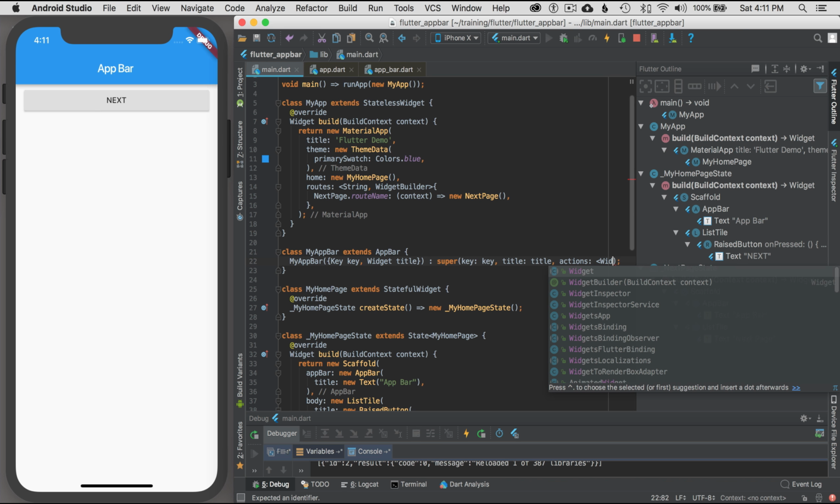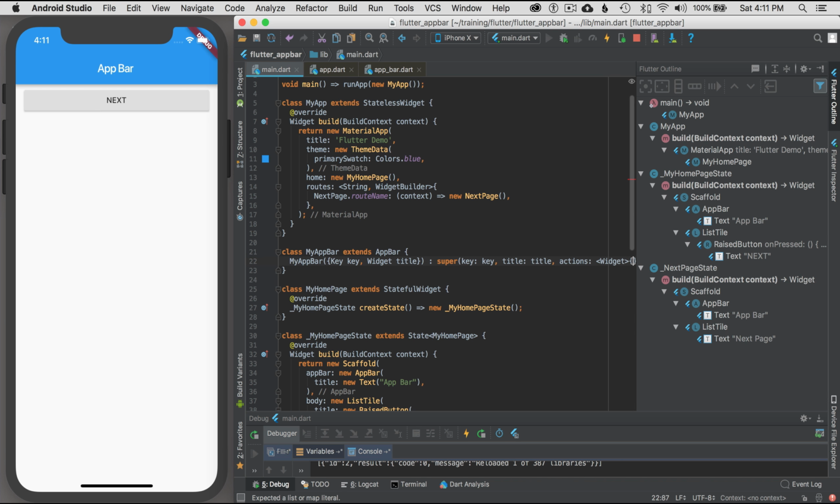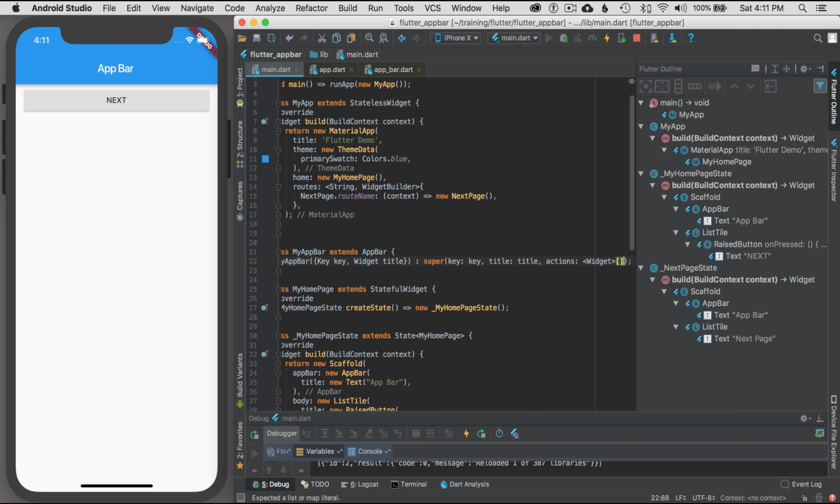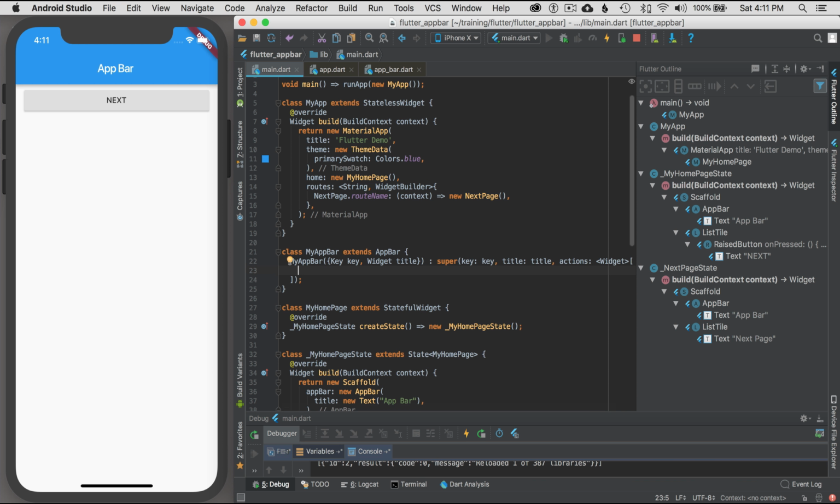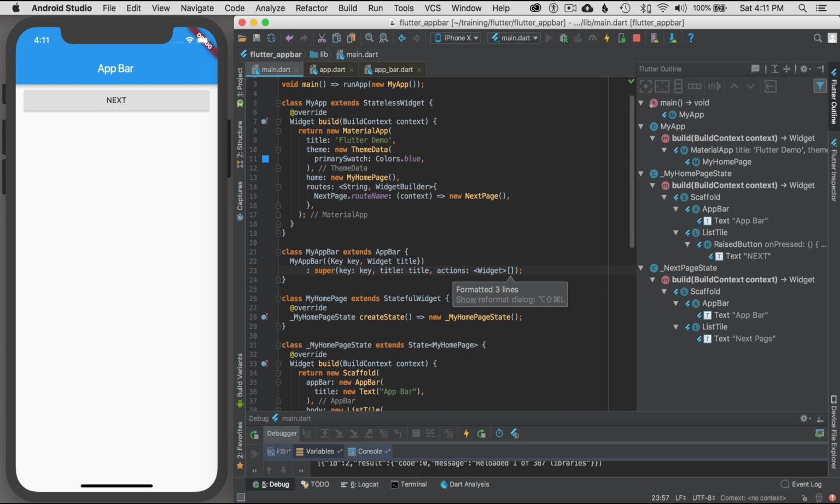I'm going to go widget, and this is going to be a literal list, so an array. Okay, and I'm going to hit enter. Let's see, auto formatting. It does a better job of formatting. It brings down the colon to the second line. So the very first widget in the actions widgets is going to be an icon button. I want to use an icon button, and I want to make it a bell like I have in a notification. I'm going to go new icon,